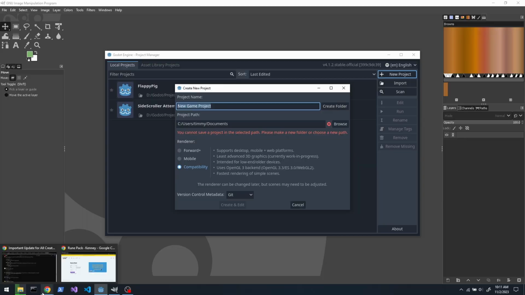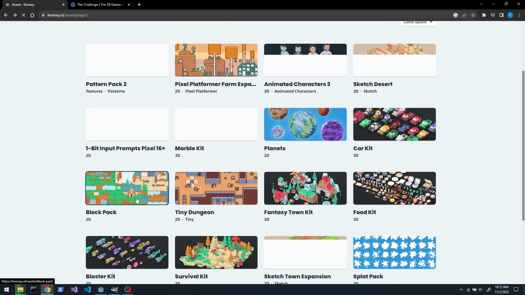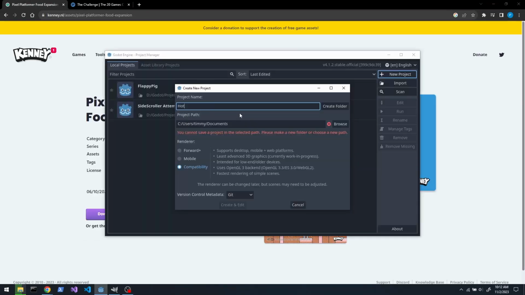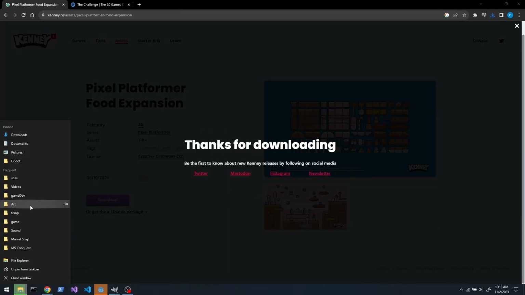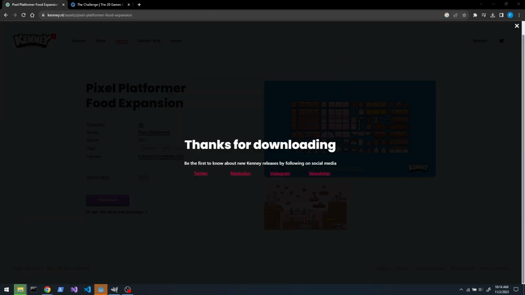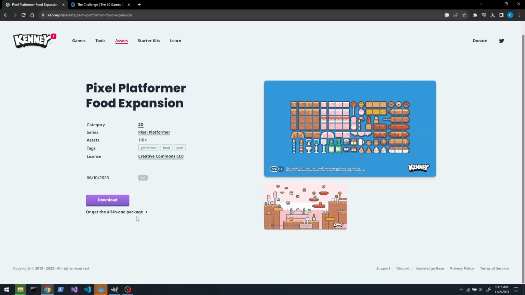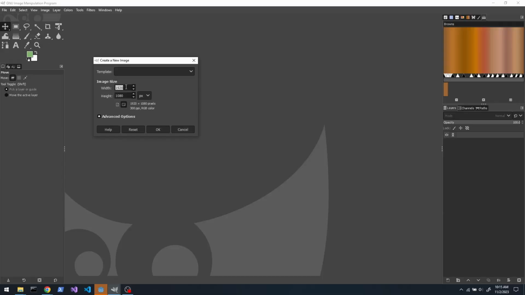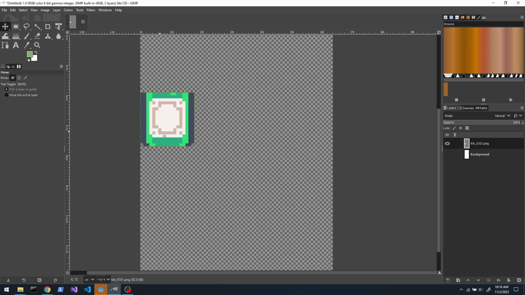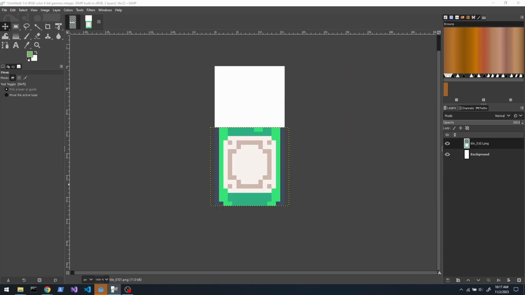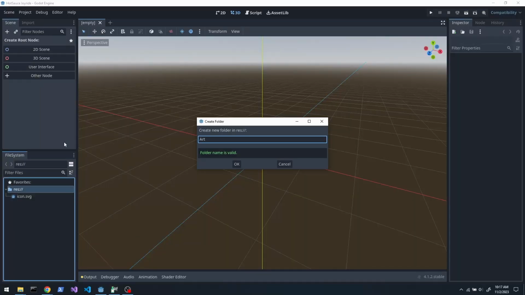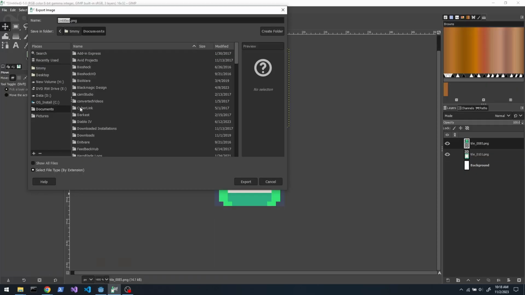I got a little lazy this round and just grabbed a pack from Kenney. I picked this food-based one. I think it's called Food Platformer. But it's got a little bottle of some juice or something. The game I'm trying to emulate is Jetpack Joyride. So I thought, well, okay, this kind of looks like a bottle of hot sauce. And